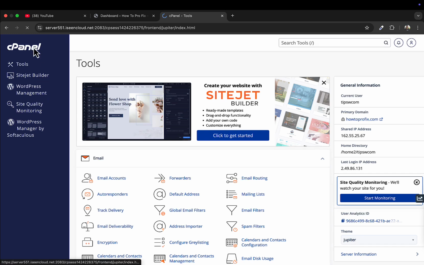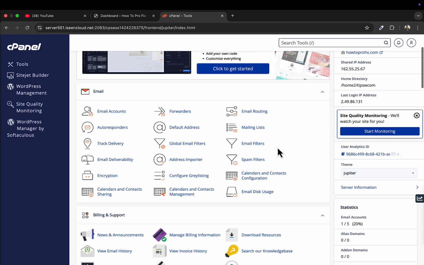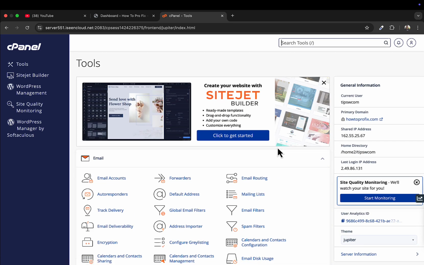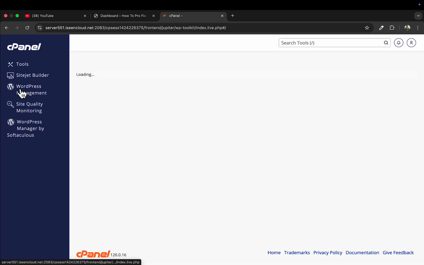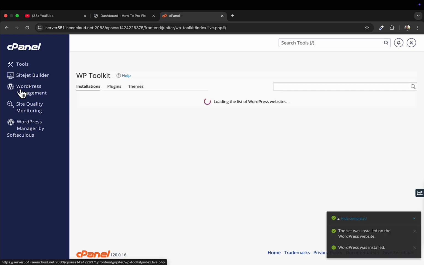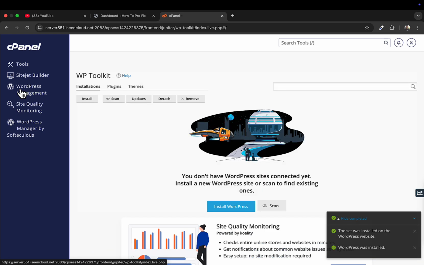As you can see, we have logged into our Cpanel, and there are some changes to the Cpanel because of the new updates. So on the left side on this menu you have something called WordPress management. So instead of going to Softaculous, you can directly go to your WordPress installation by clicking on this WordPress management. Once you click on this, it will open the WP toolkit, which is the setup page for your WordPress